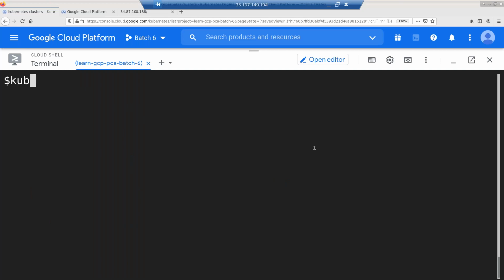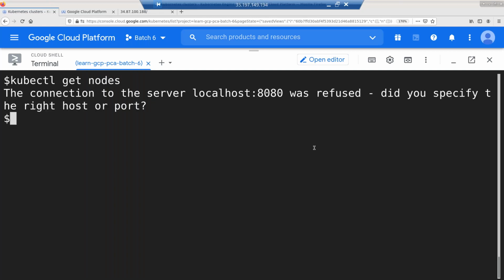Now if I run kubectl get pods, sorry, get nodes, it's now going to show the connection to the server localhost:8080 was refused. If you don't have any entry of kubeconfig, the configuration file which I told, it's going to give you an error like this. So whenever you get this kind of error, it's an indication that the config file is not there. What you should do is basically